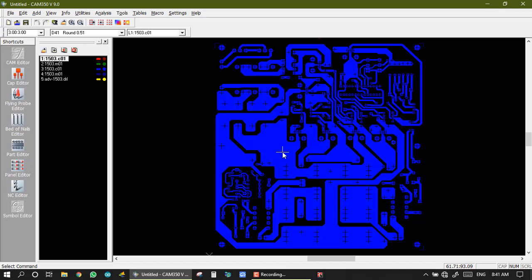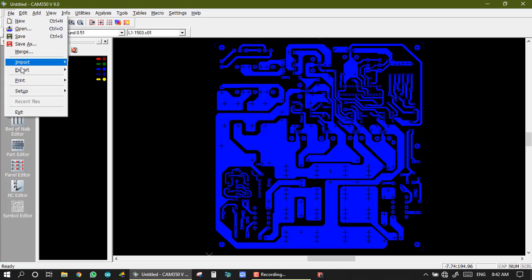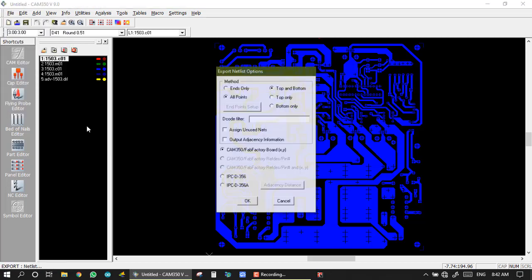So after this set a netlist, we take output of this. We take output of this netlist and it's as per our production machinery. Like we see it, for output of this netlist, go on file, export, and netlist. So we got a dialog box and here we have an option like method. Here we take a top and bottom because we need both netlist, like a top netlist and also bottom netlist. So we select top and bottom netlist. After this all and click here and